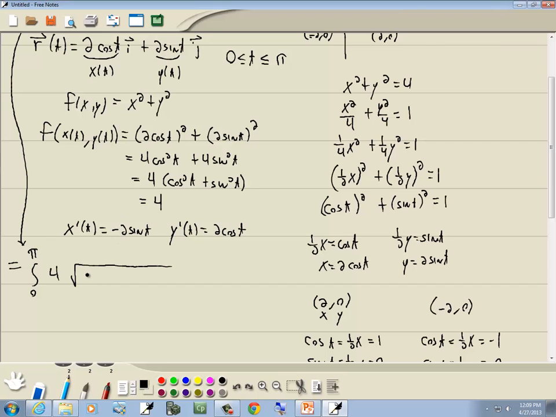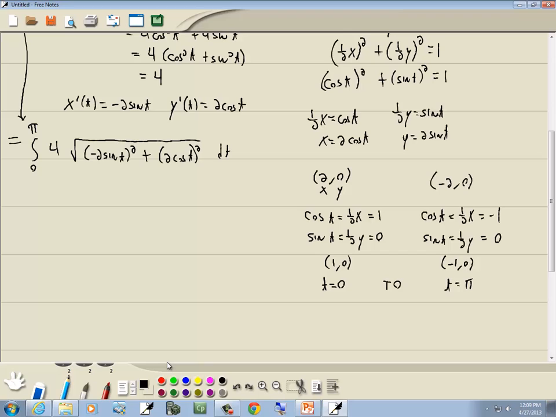X prime we said was negative 2 sine t, squared, plus y prime of t squared. So we got (2 cosine t) squared dt. Okay, well, the 4 we can put clear out in front. And then what's inside here becomes, when you square anything negative, it becomes positive. So we got 4 sine squared t plus 4 cosine squared t dt,